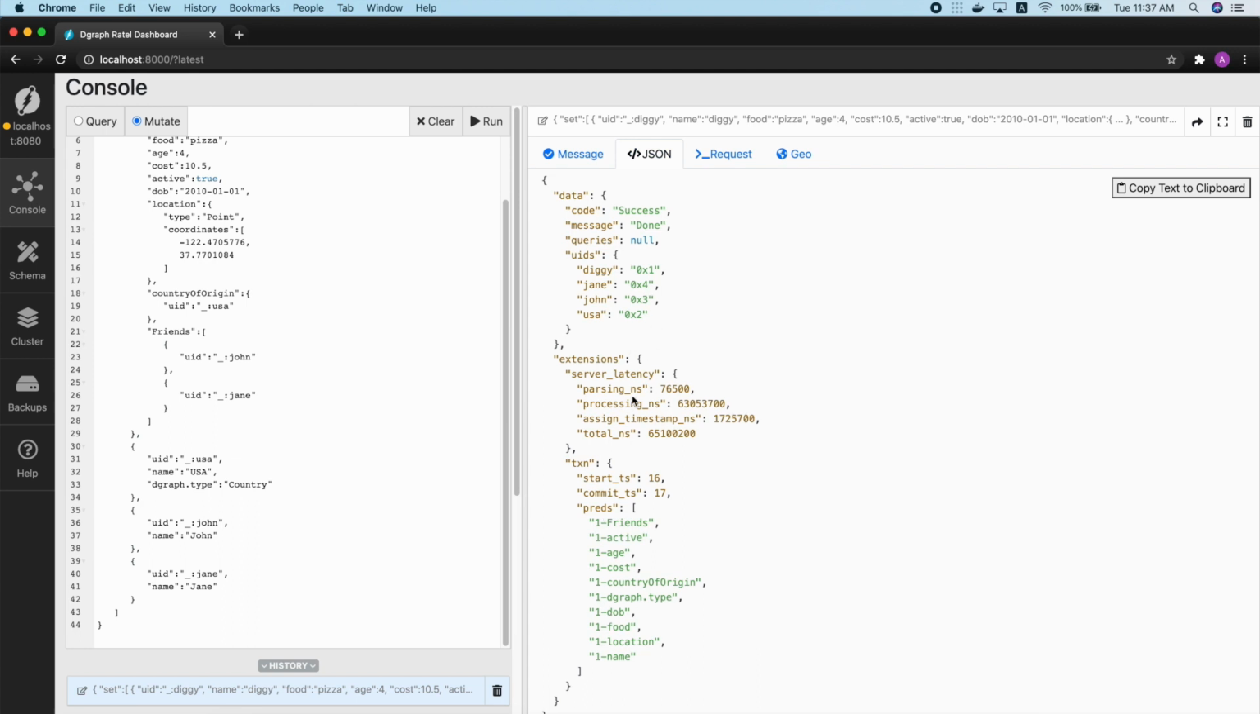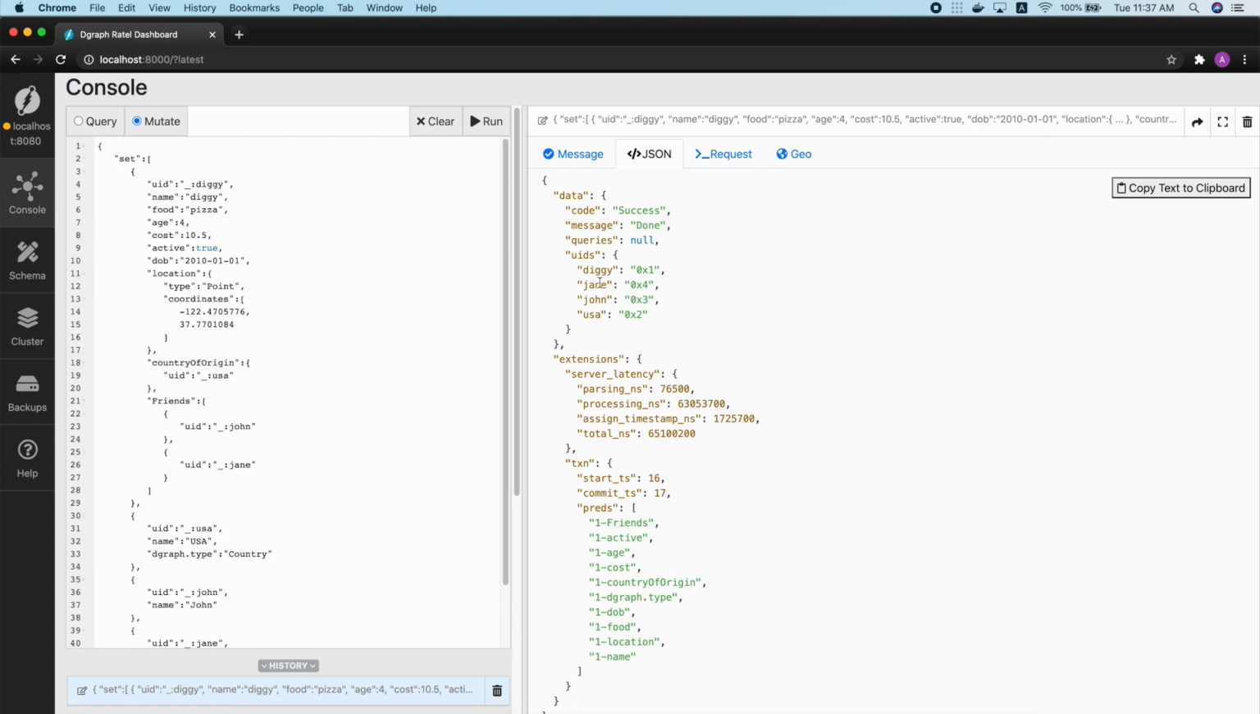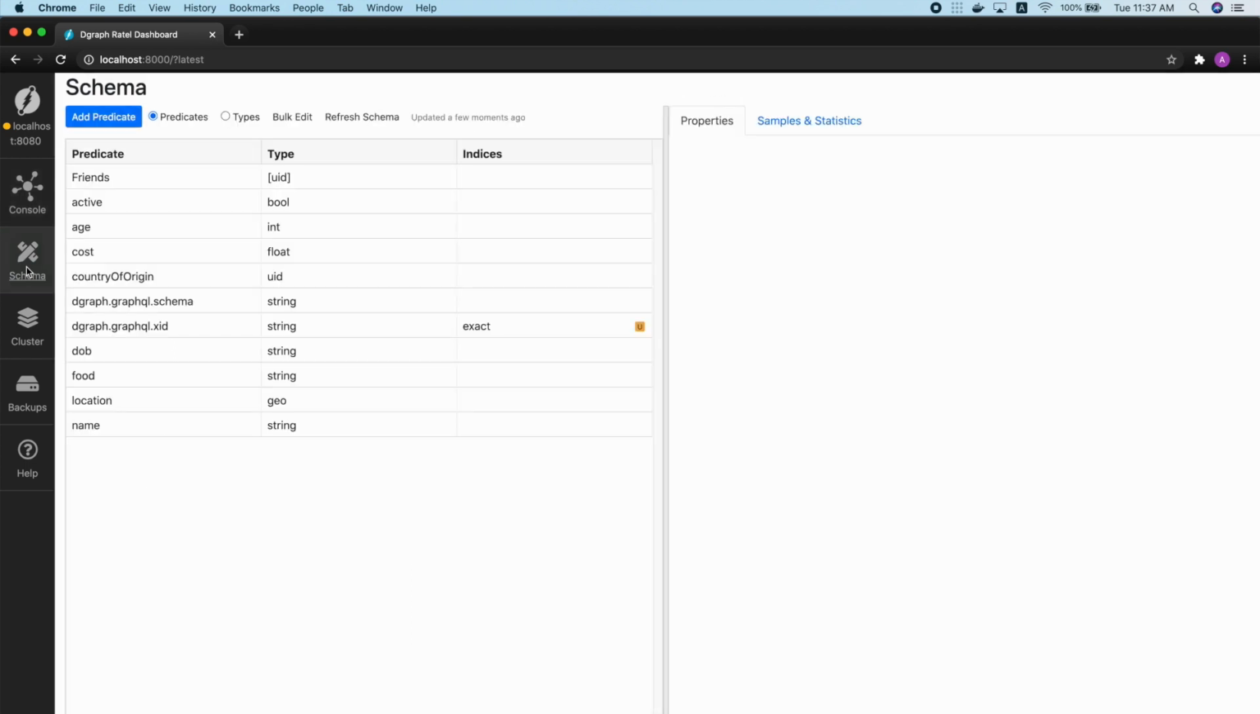Yes, it looks like the data has been saved, and you can see that Diggy, the main item here, is UID 1, with all the other supporting nodes also created. Let's now investigate the schema, and then finally we will query this data. If you see the schema, let's start with the scalars. You'll see that the food is correctly created as a string,